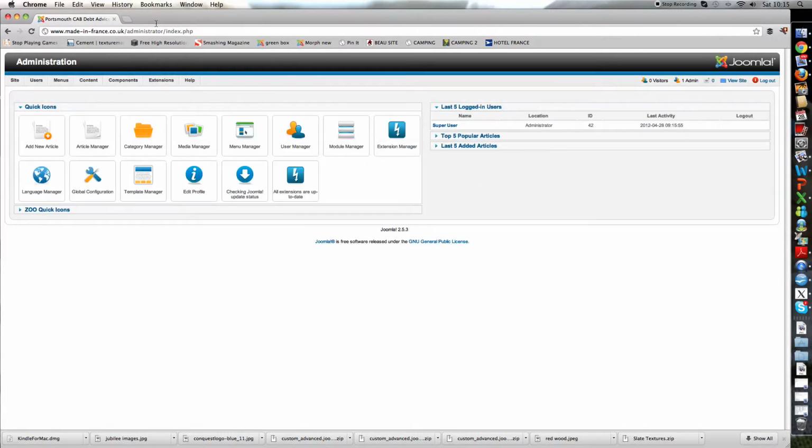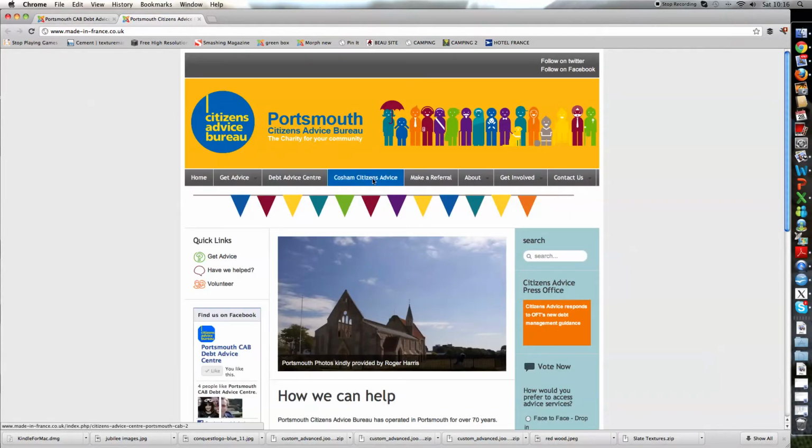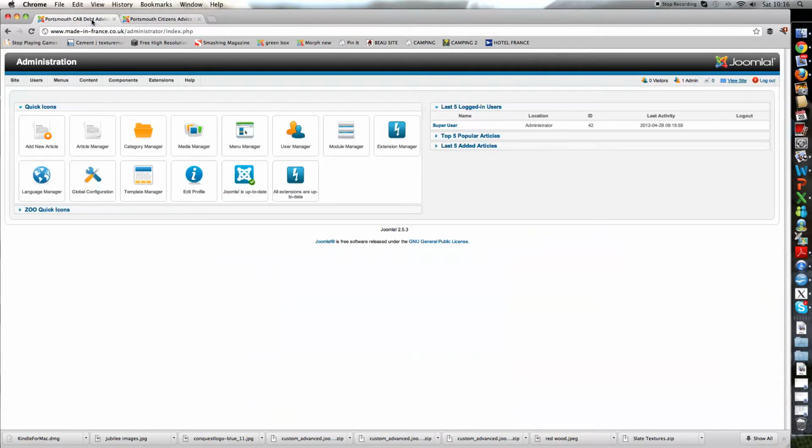You'll notice that the site that I had up before has disappeared, and I like to have both sites available to view, so I'm going to click on up here, view site, and that's going to give me two tabs to toggle between. I can hop between from one to the other, so I can see the published site as the public view it, and also the back end if I go here,